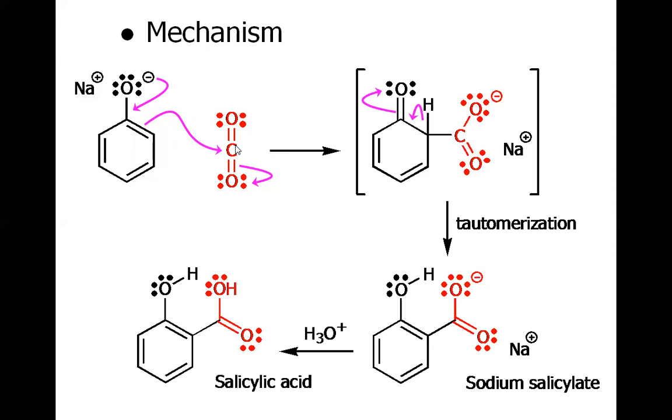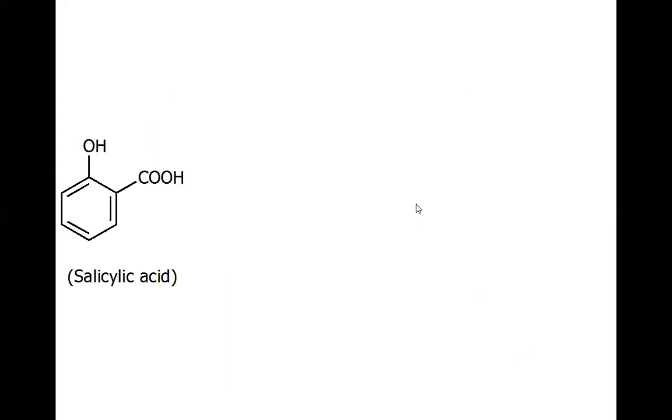Why did the carboxylation occur at the ortho position and not at the para position? So definitely you may answer by looking at the molecule. It is very much prone to intramolecular hydrogen bonding. In case of para carboxylation, we cannot have intramolecular hydrogen bonding. Also, there is another reason. This sodium cation will be definitely bridging these two ligands, this oxygen and this oxygen, to support the ortho substitution.